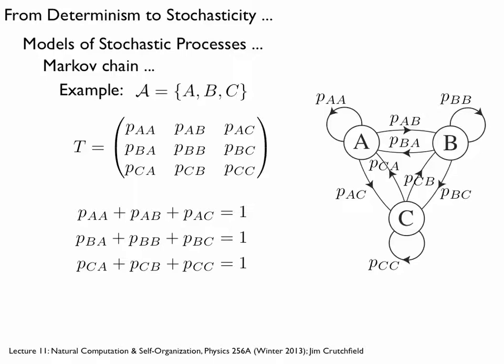This is typically what they look like. If we had 3 internal states, we'd have a 3x3 matrix giving the transition probabilities from B to B or C to B and so on. They're all normalized. The T being stochastic means these equalities here. And then graphically, and we'll use a lot of graphical representations of these state-based models,